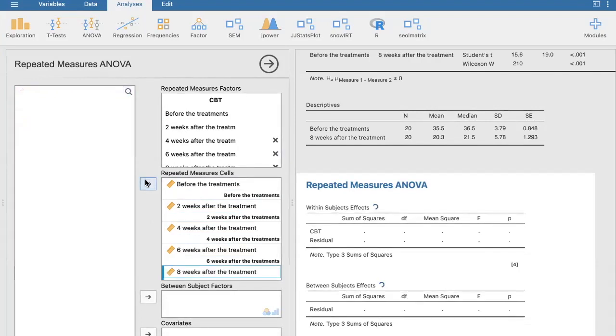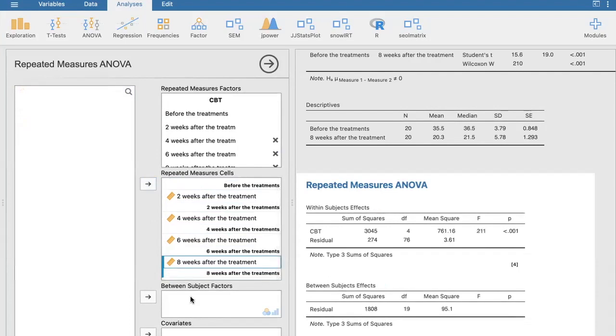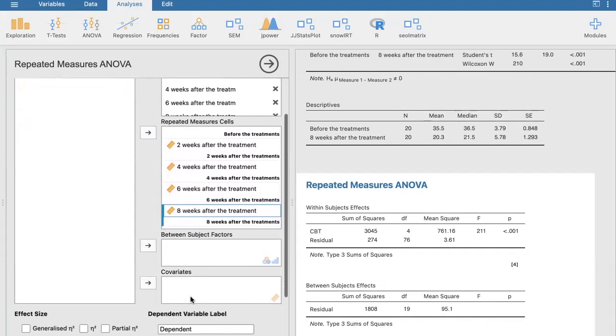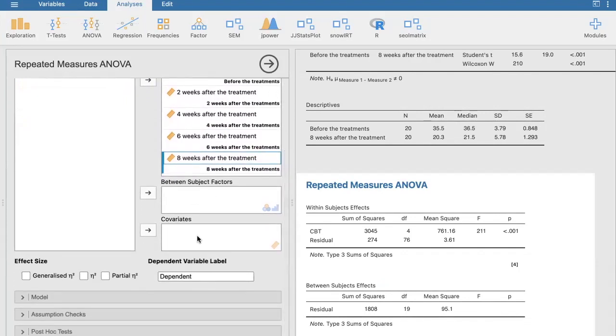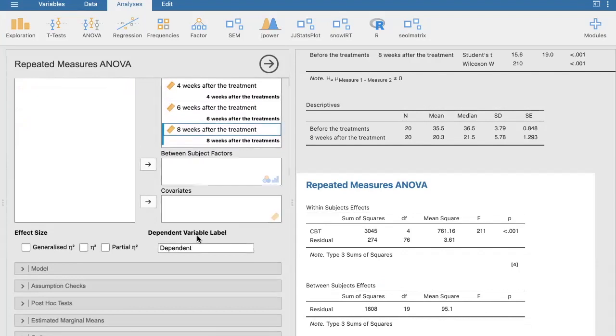Okay, now I have transferred my data. I don't have between subject factors. So if you want to run probably a mixed factors design, you can do that as well here. And I don't have covariates, so I'm going to just keep it there. Now, before we go through these effect size calculations and all of that, I am going to go ahead and